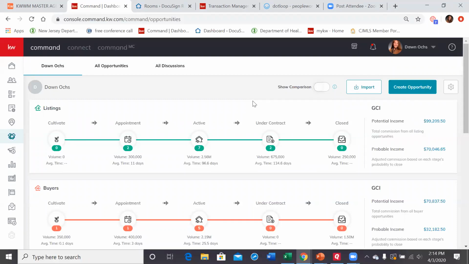And as a tip, from Dotloop to DocuSign or Dotloop to Command, my tip for you is to download them first on your computer and then upload them into Command, because it gets messier if you try to do it a different way. And remember, no matter where you do your documents,